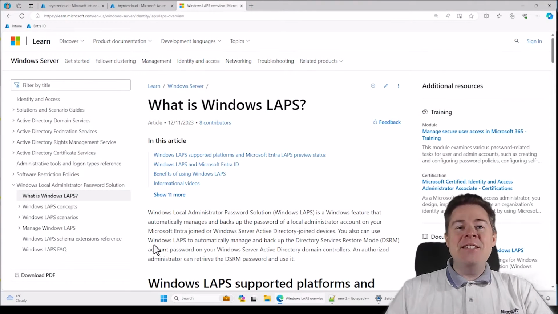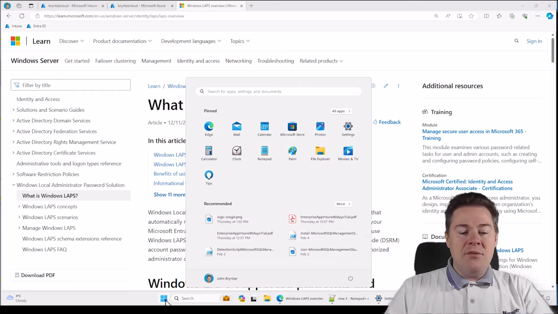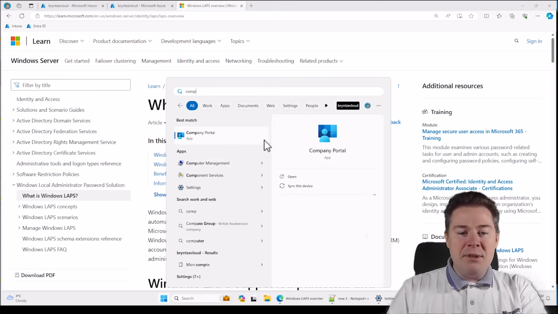Intune friends, in today's video we're going to speak about Windows LAPS. So what is LAPS? Well, it stands for Local Administrator Password Solution. So it speaks about local accounts that are local on the Windows machine. So if we open up Computer Management, for example,